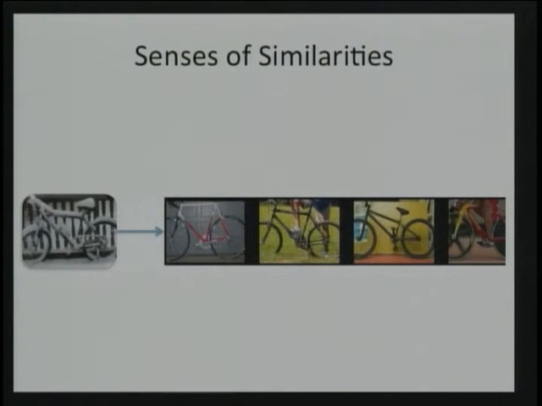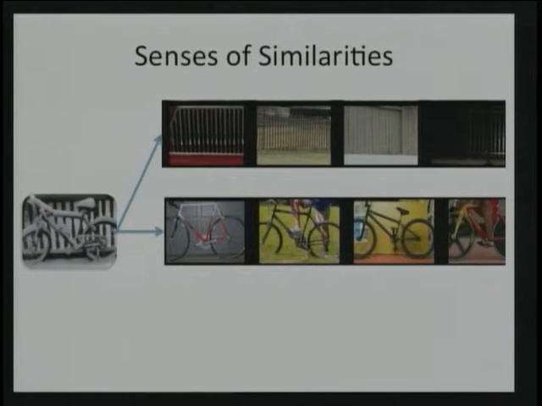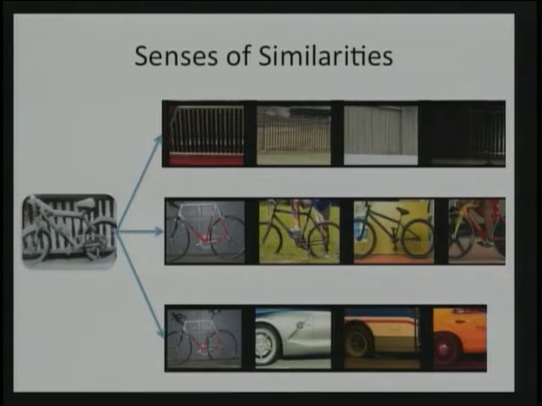And if I don't know what the senses of similarity are, when I want to transfer the knowledge, I don't know what knowledge to transfer. So these objects are similar to that object in terms of having a fence. And these objects are similar to this object in terms of having a wheel. So I'm developing methods to understand and to infer the senses of similarity.